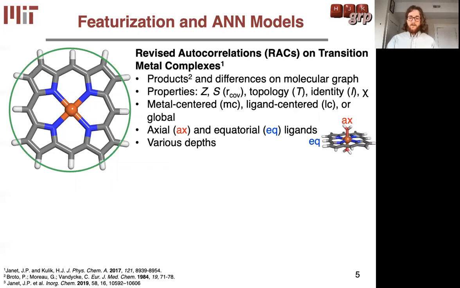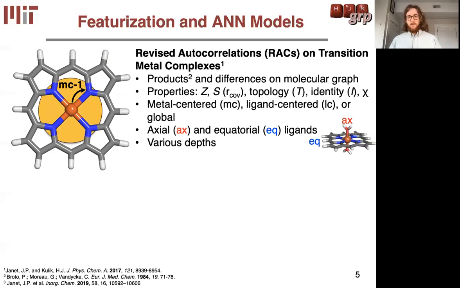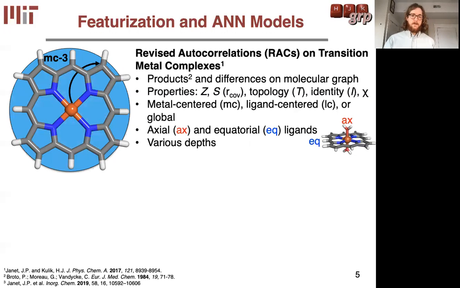And we can also take these at various depths. So for example, the metal-centered racs can be taken to depth 1. So we take the product and differences of these properties between the metal center and its first nearest neighbor, second nearest neighbor, third nearest neighbor. So if we take all of these various scopes, properties, and depths, we were able to get 155 total connectivity